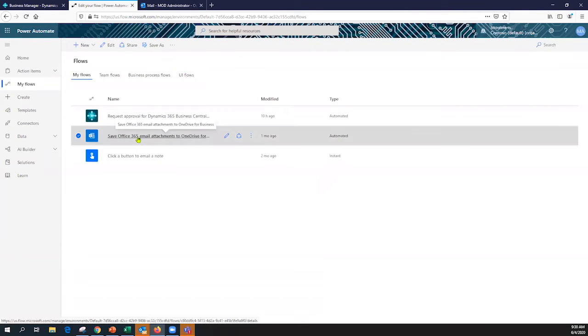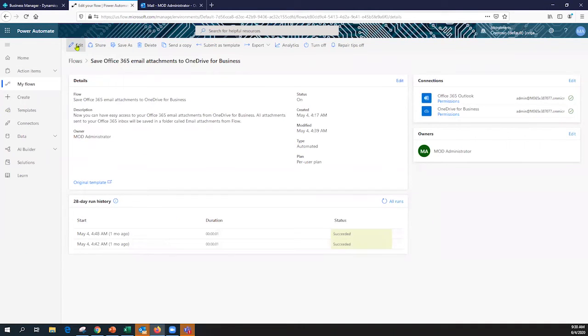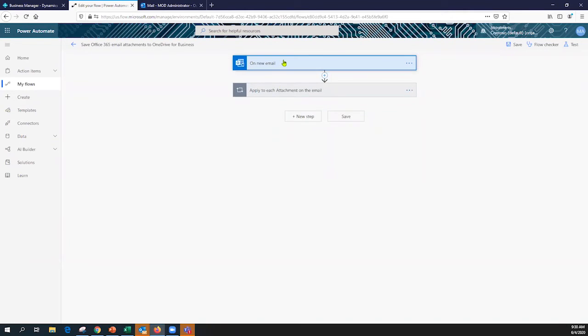Sometimes, maybe for a purchaser, whenever they receive a purchase order or an email, they would like to save the attachments into another app, so you don't have to do it